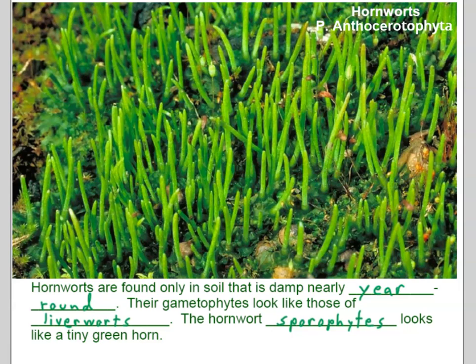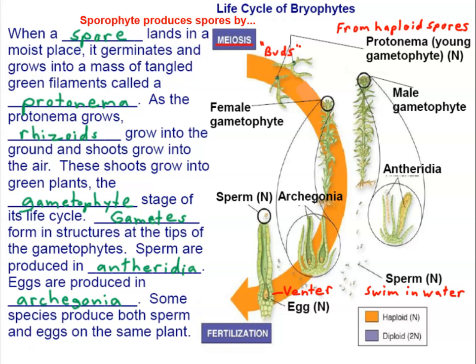So although there are some differences between them structurally, and also in the liverworts with the gemmae and the gametophores, they all reproduce sexually in the same way, and that's what we're going to look at next. So here we see the life cycle, and we'll start here with the gametophytes. Remember, where the gametophytes come from are spores produced by the sporophyte. So really where we ought to begin is here. So the spores from the sporophyte, and those are produced by meiosis, if you'll recall, because the sporophyte is diploid, so these spores are haploid.